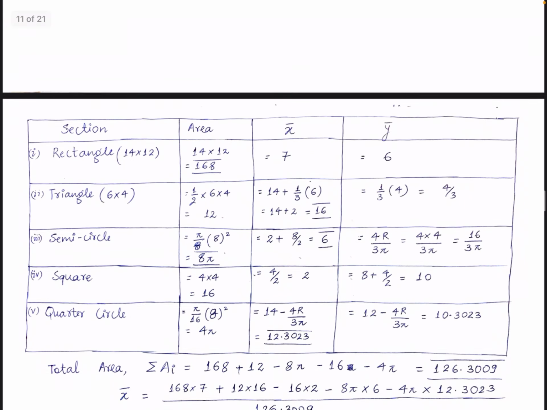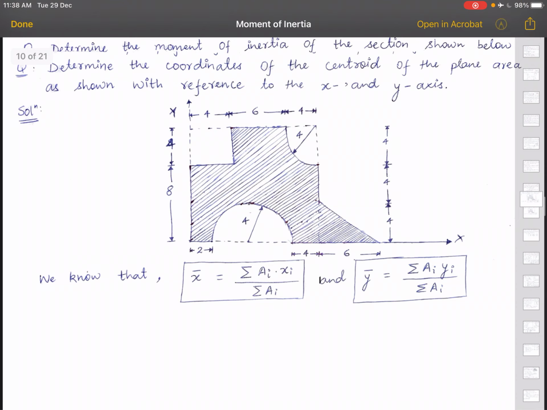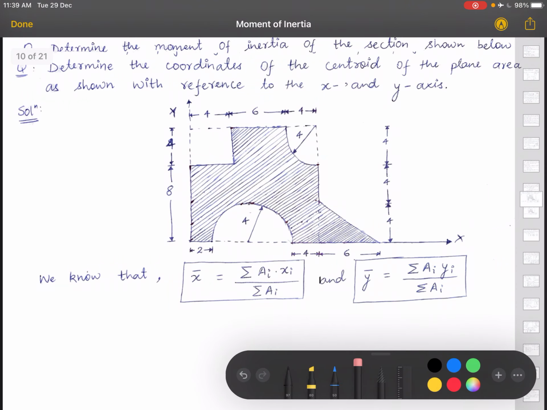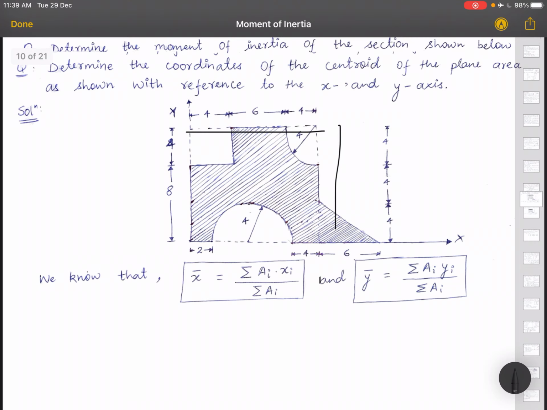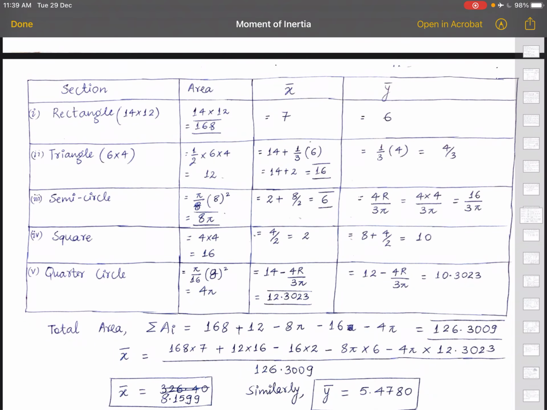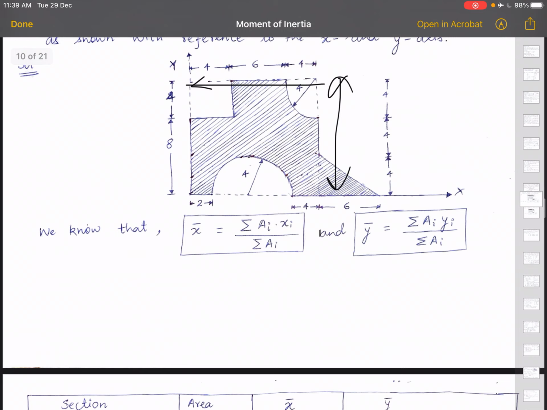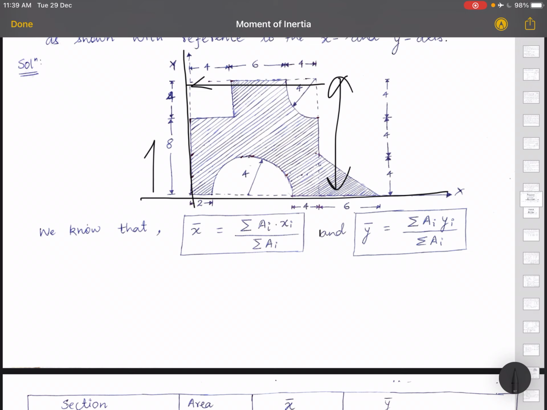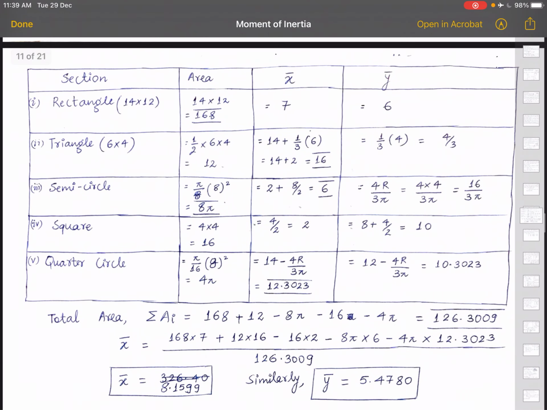So first, the bigger rectangle is there, so this is 14, this is 12. So the area is 14 into 12, that is 168. X bar will be, our reference axis is this line and this line. From here we will calculate y bar, and from here we will calculate x bar. So x bar will be from the origin, from the y axis, it is 7,